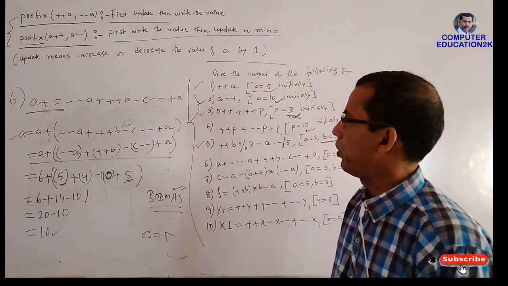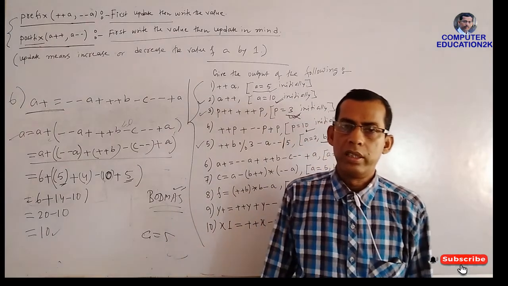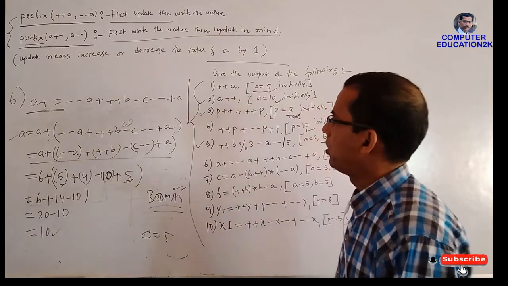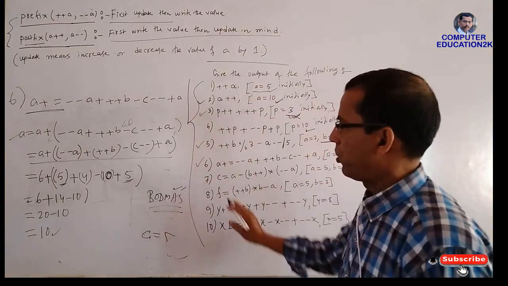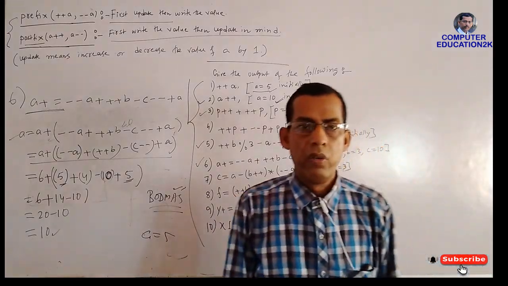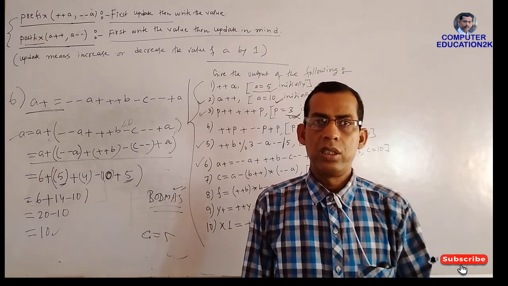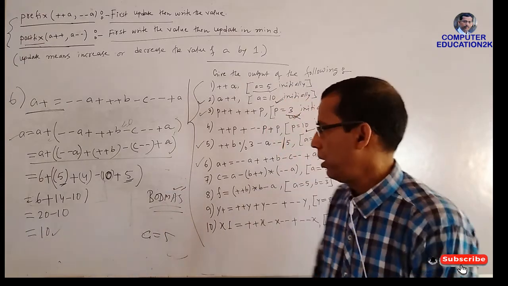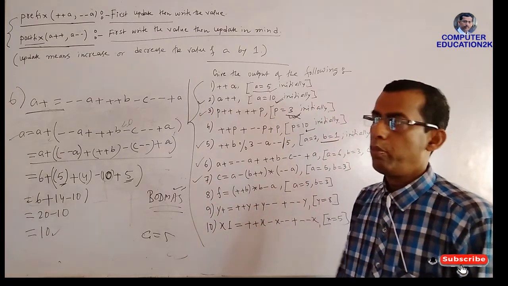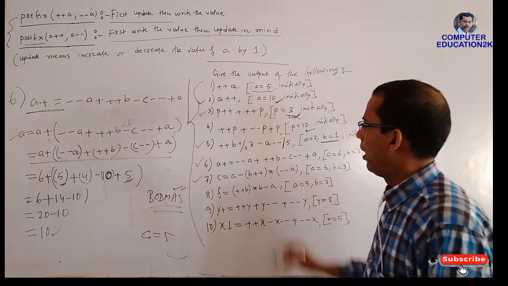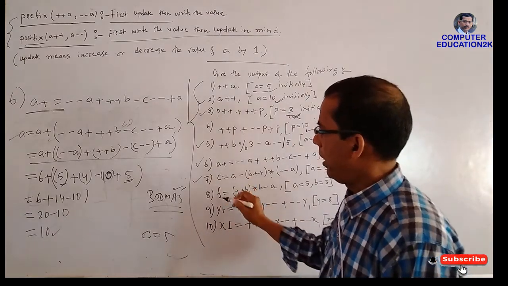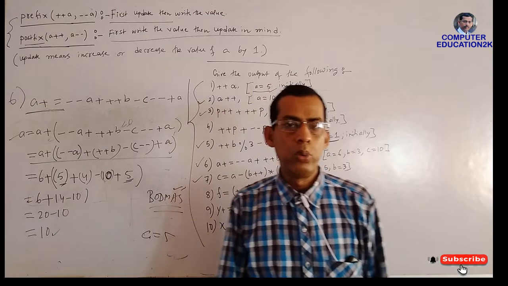This way you can solve this expression, and in ICSE this comes for 2 marks. So I have solved till 6, and the rest, 7, 8, 9, 10, you will solve at home. If you find any difficulties, you can comment in the comment section. Just see once in number 7, it is given asterisk, meaning you have to do multiplication. Till 6 we have done; 7, 8, 9, 10 you will do at home.